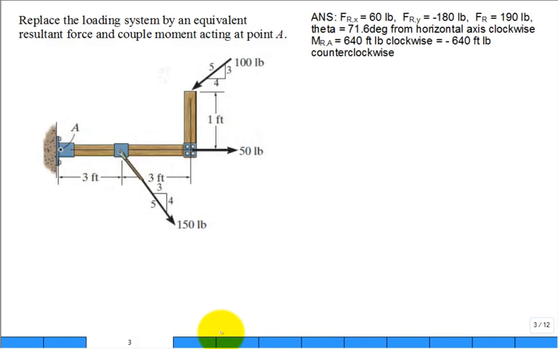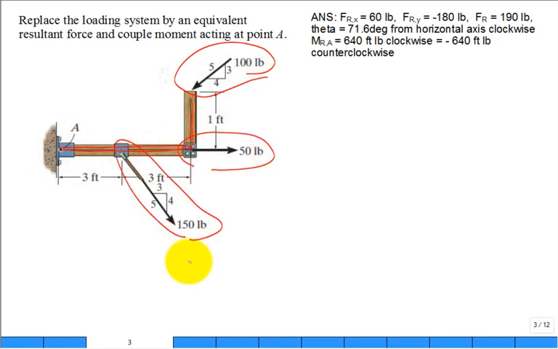Let's take a look at this problem. It says replace the loading system by an equivalent resultant force and couple moment acting at point A. What is my system? Okay, it's some attached L-shaped object. And how many forces are applied? It looks like there's a force out here, there's a force here, there's a force here. And there are no couple moments applied to the system, just 3 forces at those locations. And they want an equivalent system that has a single resultant force and a couple moment acting at